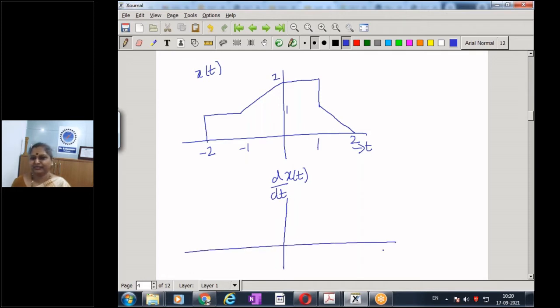Actually, I have turned off my phone, but I think I'll turn it on. I give you 2 minutes, or say I give you 1 minute. I want you to draw the derivative of the signal and share it in the WhatsApp group. I will not call out by name anyone. You can send it to me in private if you don't want to send it in the group. I give you 1 minute.